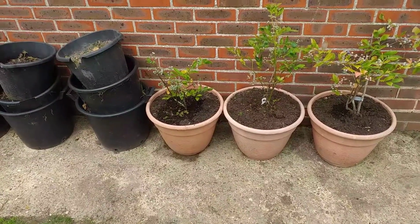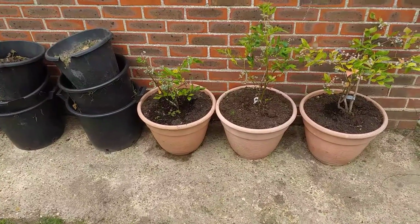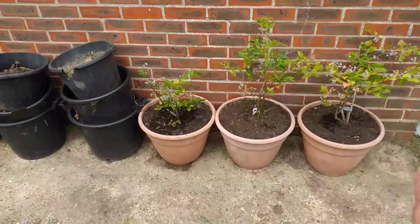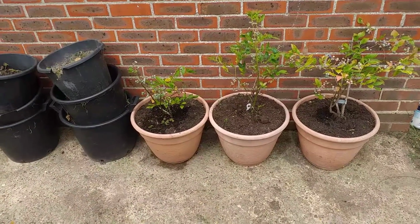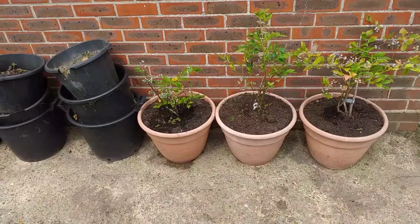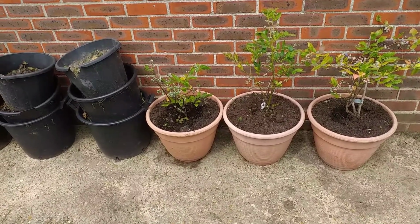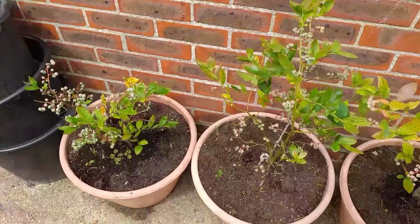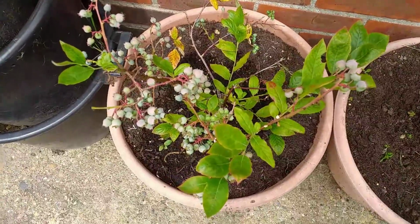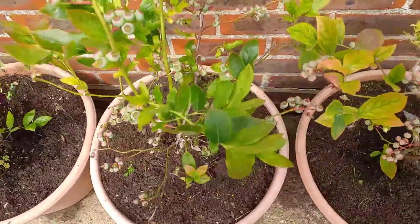We'll go over there in a moment, but I want to set along here, probably along this bit, some sort of heritage apple variety in pots, which I'm going to be purchasing during the winter months. I want to continue heritage varieties of apples, so that's a little project I want to do. But you can just see the lovely crop that these blueberry plants are carrying,